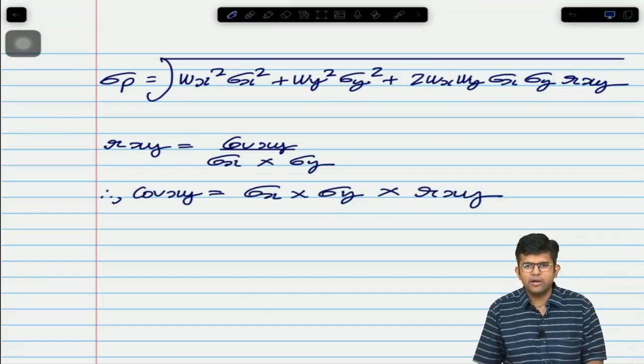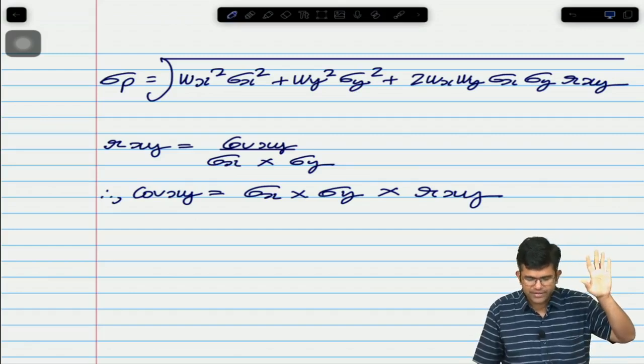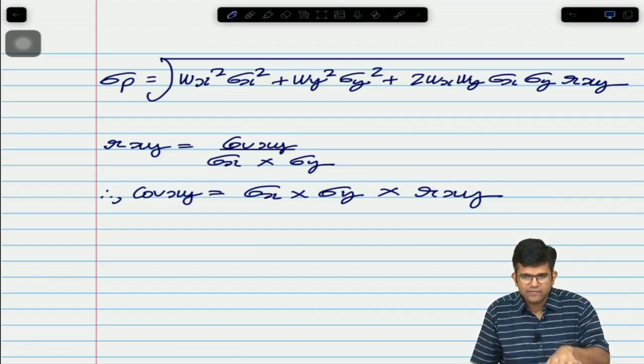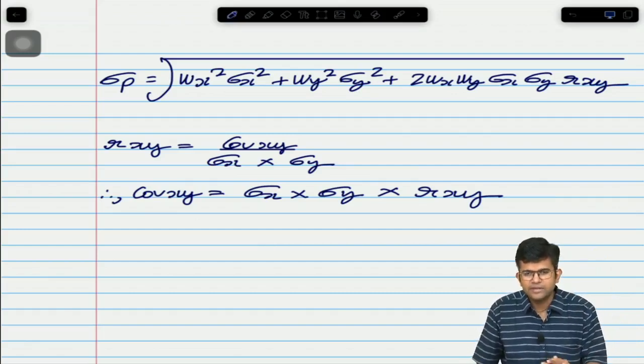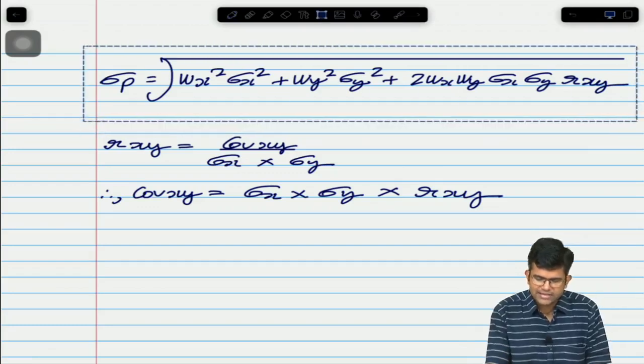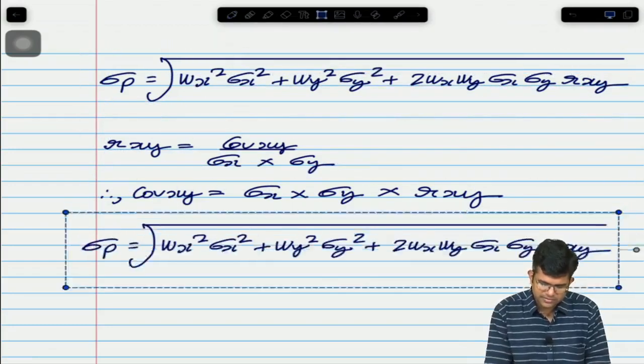Do you agree? Check out, check. I have not given some new formula of covariance. Covariance formula is that only original, summation x minus x bar, y minus y bar divided by n. I am just saying this rxy formula, if I simply shuffle around, then this is there. Now, what ICAI sometimes does is,